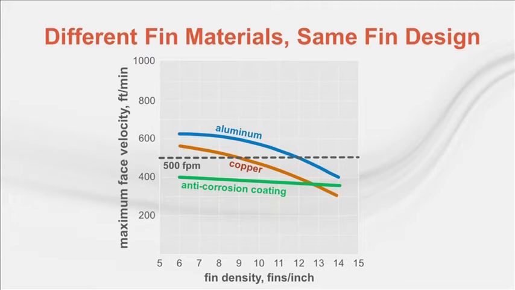coatings. You can see that fins constructed of aluminum perform better than copper when it comes to moisture carryover. This is due to the wettability of the fin material. Moisture typically condenses in a film-wise fashion on aluminum fins and in a drop-wise fashion on copper fins. This results in higher wet air pressure drop and lower coil moisture face velocity limits for copper fins compared to